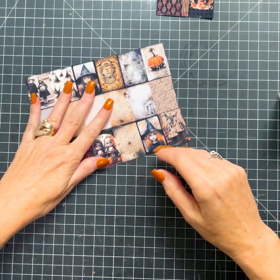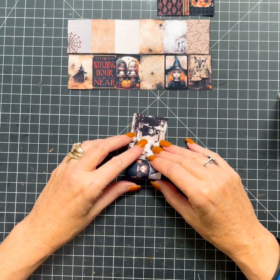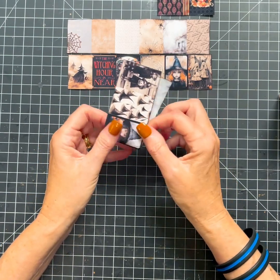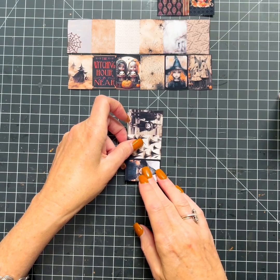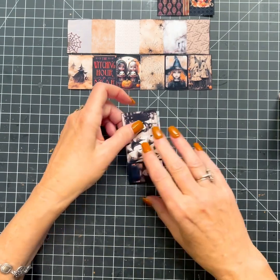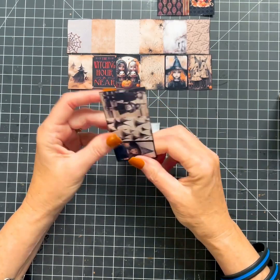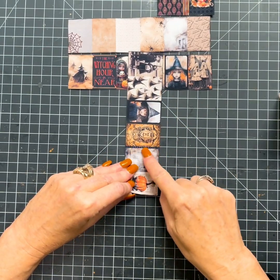Let's get rid of that one there. Okay. So the first thing I do is fold it in half, but I go to the line here in the middle, because if I do it in half, it kind of cuts it off. So I'm just going to make sure that I'm right to where I need to be here. So you can kind of see it overlaps there, but that's okay, because once you get it all folded, it's good. Then I do the ends, and I go to where the little line is for the next